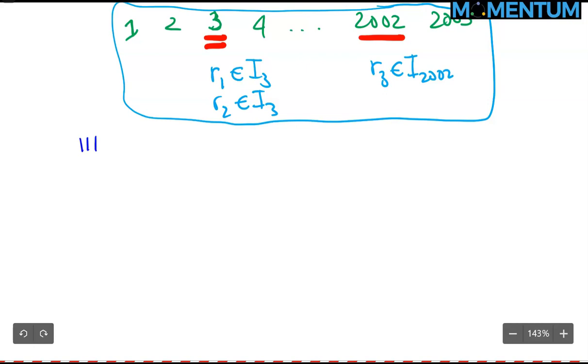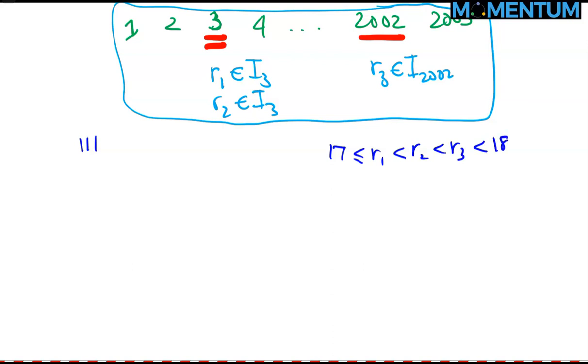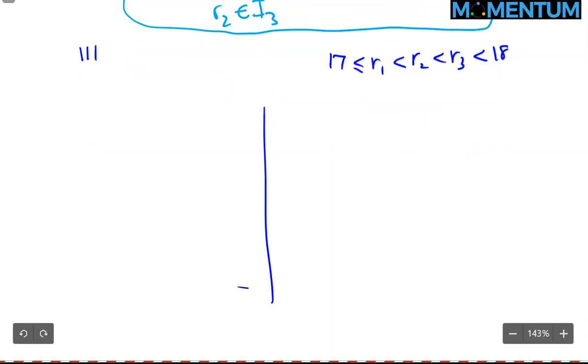Well, yeah, that's possible. They will be very squished. R1, R2, R3: R1 will be somewhere between 17 and 18. Well, it can't really be 17, but okay, let's just put it like this. R2 will be greater, R3 will be greater, and yes, this is definitely possible. It will be very tiny, but do you guys agree that if I make the picture large,